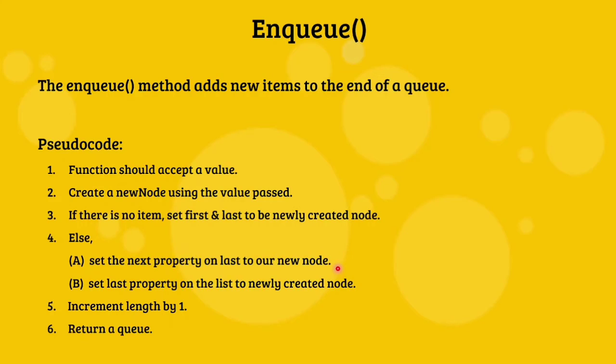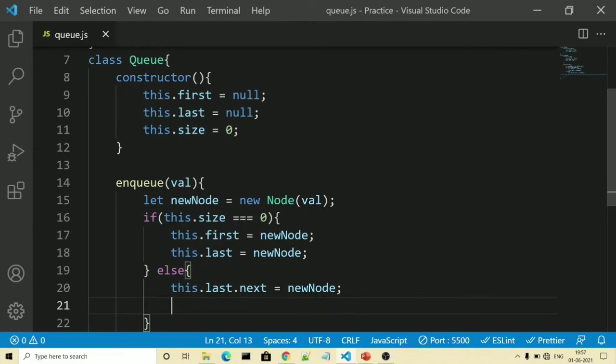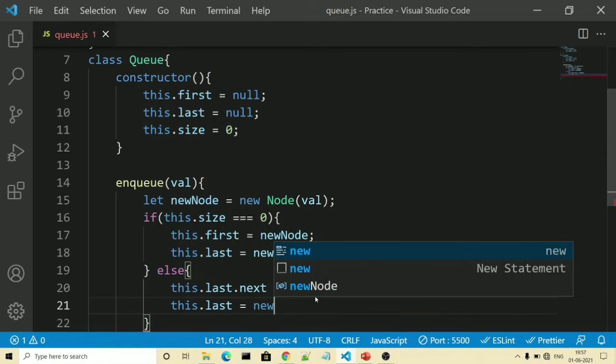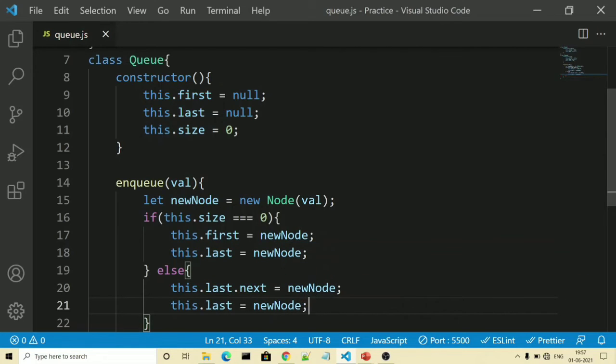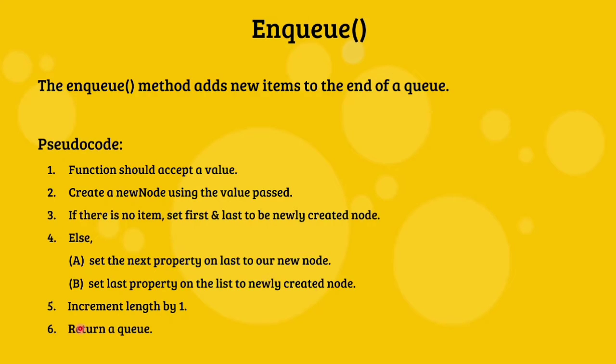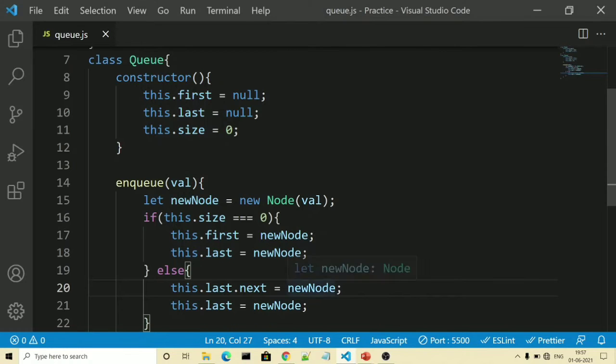Once that is done, set the last property on the list to be the newly created node. So we will write this.last is equal to newNode. So now our new node has become the last element in the queue. Once that is done, it is saying increment length by 1 and then return the queue.